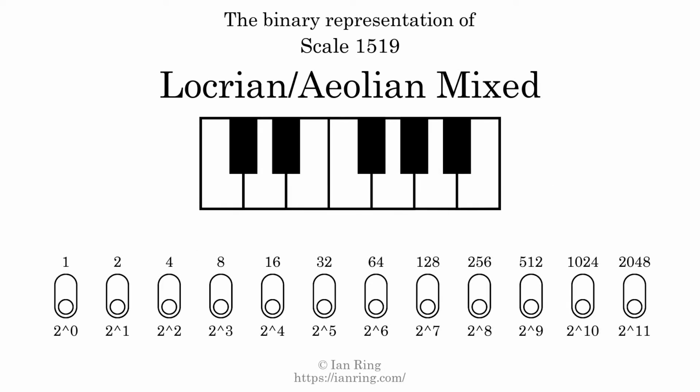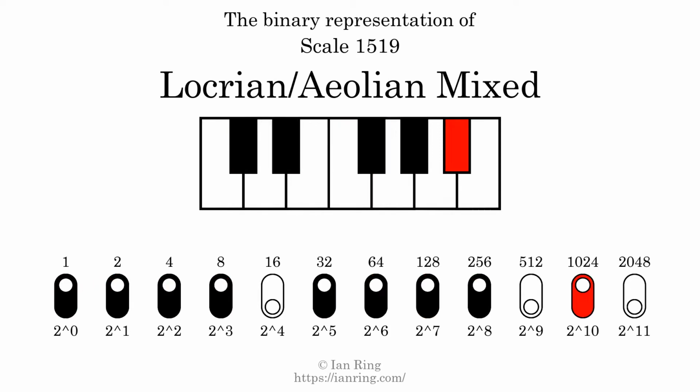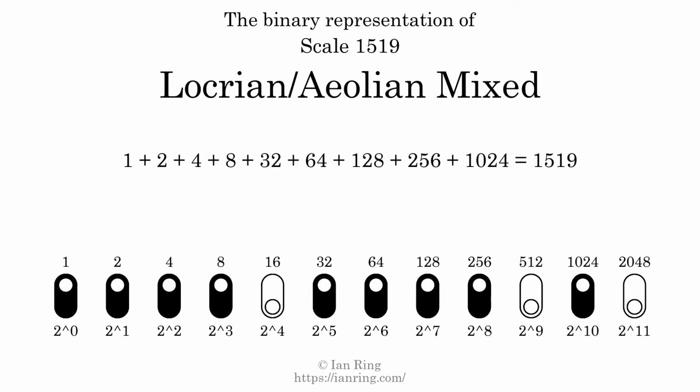The binary representation of this scale is determined by mapping tones of the scale to binary digits. Each binary digit represents a power of 2. To get the scale number, we add the powers of 2 together. The powers of 2 that are present in the scale, all added together, equals 1519. That is why the scale number, in decimal, is